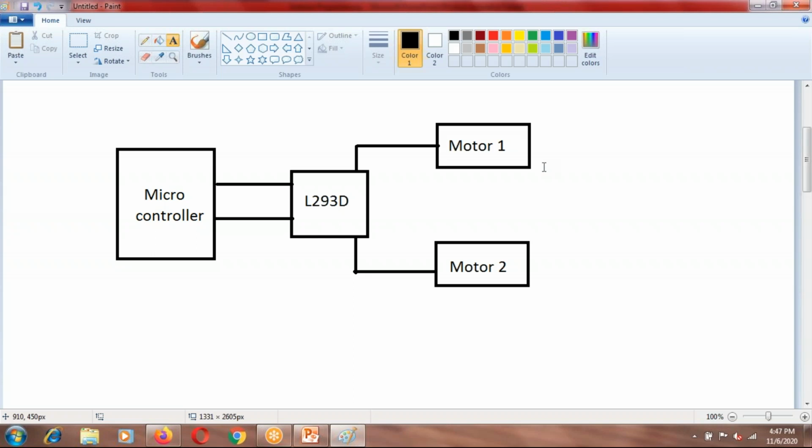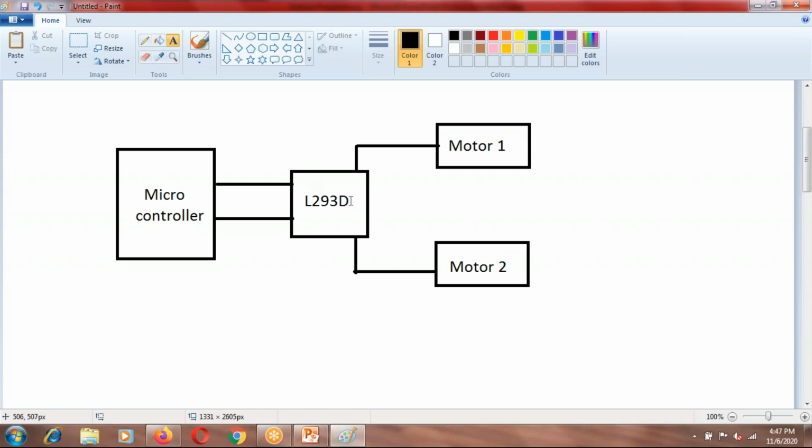So basically, one of the reasons is that the current available at the microcontroller pins is very small. It is not that much power, which can directly run the motors. Because you will be connecting the motor to one of the digital pins. So the current available at those digital pins is not sufficient to drive the motors to their full potential. Maybe you can get some movement over there, but it is not sufficient.